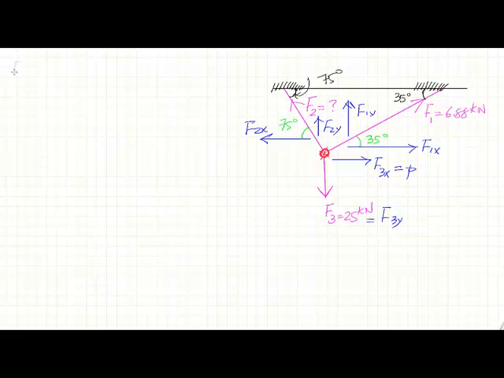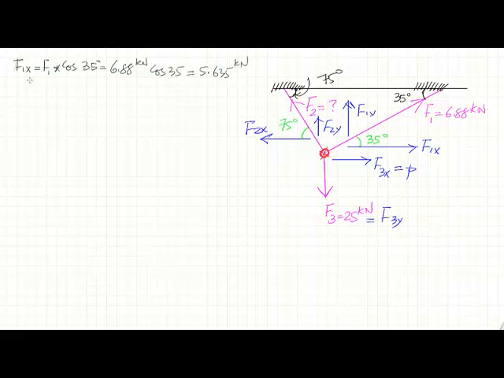So f1x is equal to f1 multiplied by cosine 35 degrees, and because we know the value of f1, which is 6.88 kilonewton, multiplied by cosine 35,